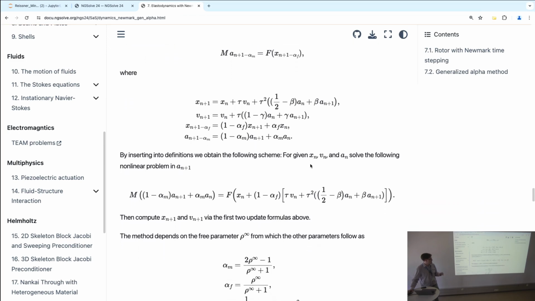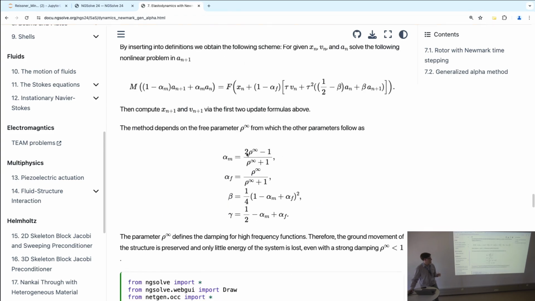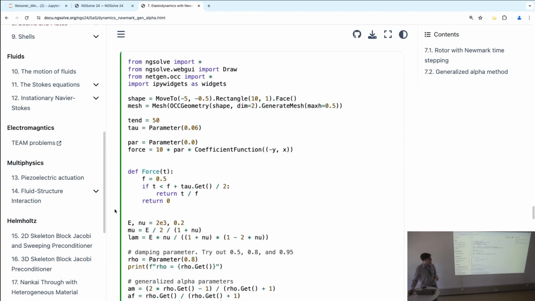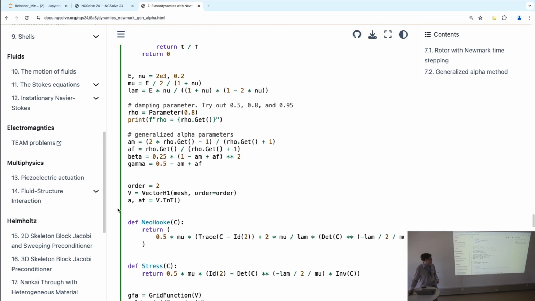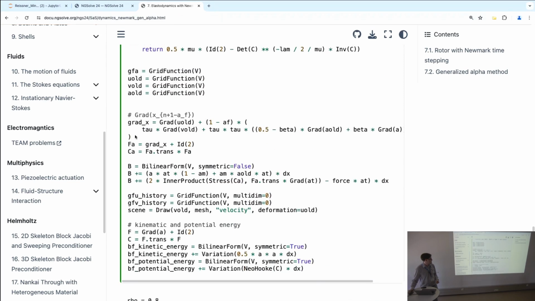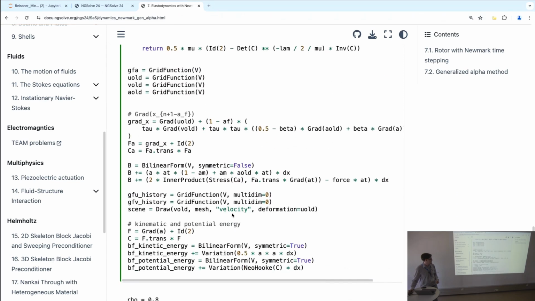But the good thing is that all these parameters depend only on one, rho infinity. If we set rho infinity to 1, then we have the Newmark, no damping. But if we set it like 0.8 or something, then we damp only high frequencies. And the update scheme is also not complicated, so you just write it down on paper, and then more or less you have all the parameters,